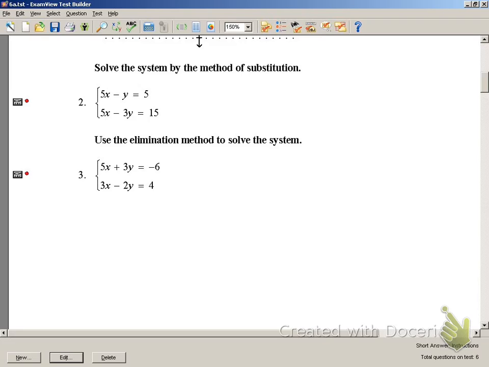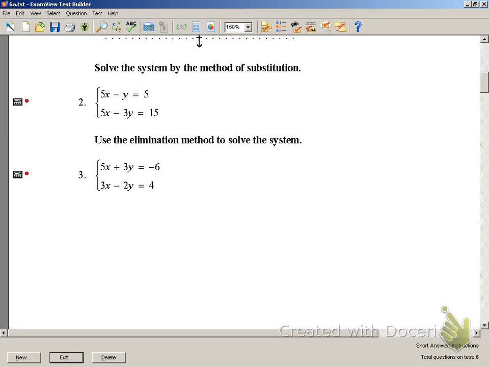Number 3 says use elimination. Whenever we're using elimination, we want to eliminate a variable, either x or y. In any case, it does not matter which one we eliminate, because then we'll solve for the one we have, and then we'll plug that back in. So now, since y have opposite signs, I have a positive and a negative,